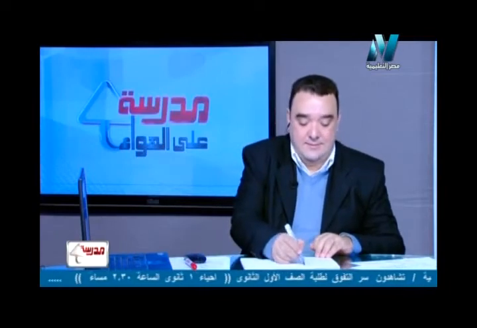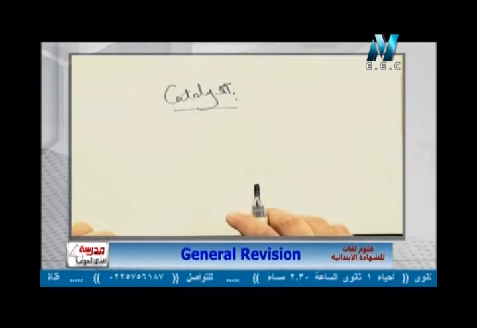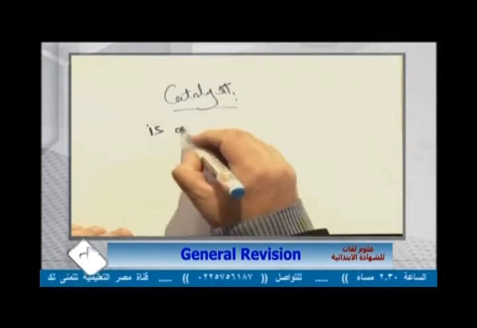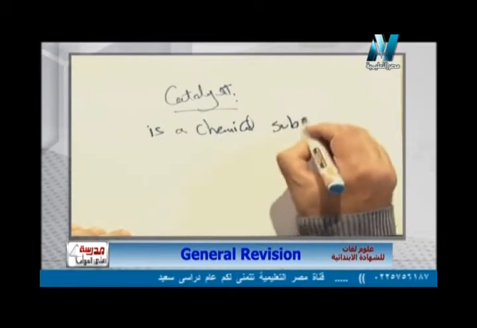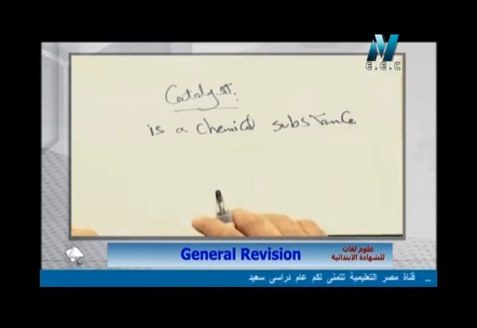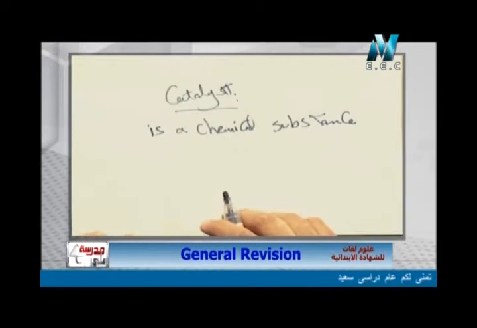That's the first definition. So I can write this. Catalyst is a chemical substance that increases the speed of the reaction